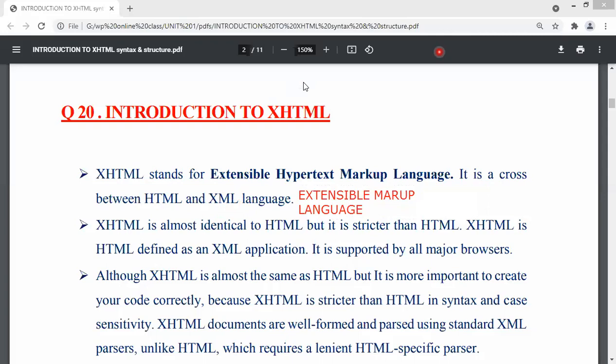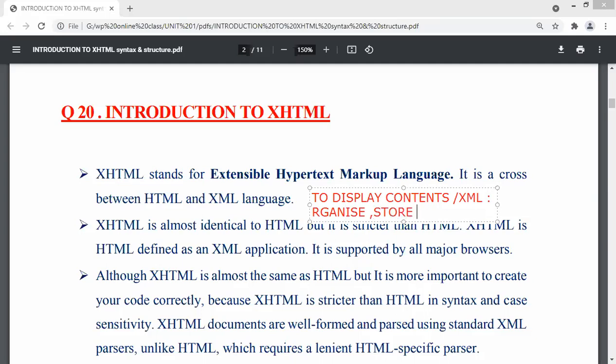So why do we use HTML? We use HTML to display the contents in the browser. But why do we use XML? We use XML to organize and store the data. So this is the difference between HTML and XML.